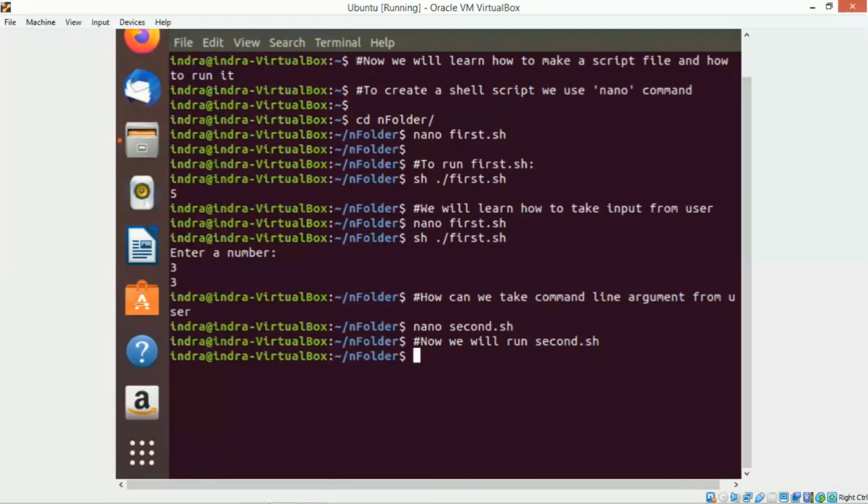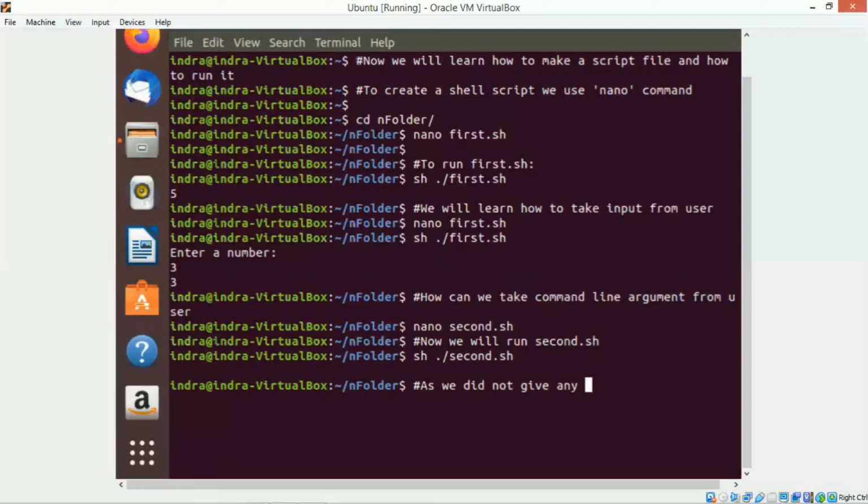Now we will run the second .sh file. As we have not entered any command line input after the file name, it did not print anything.